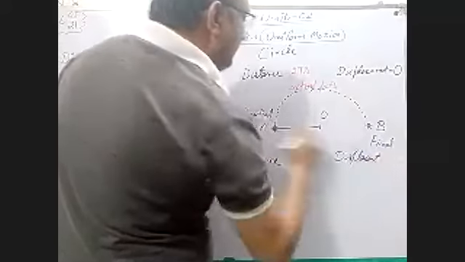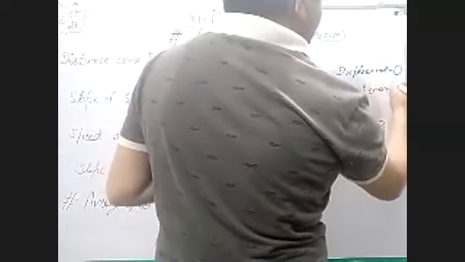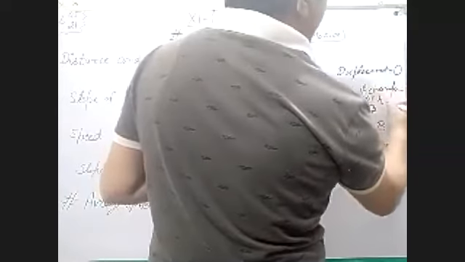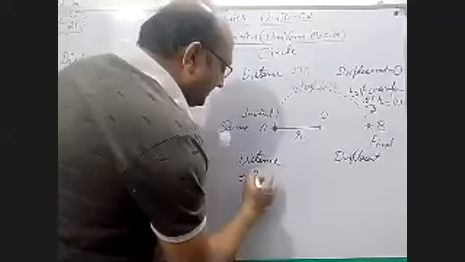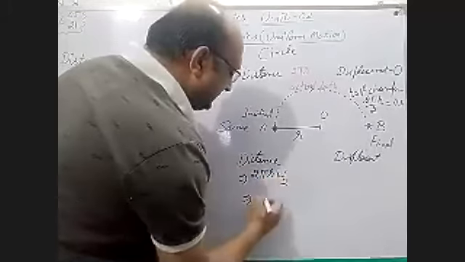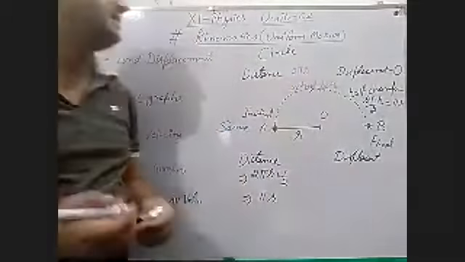We know that this is also the circumference, but not the full circumference of the circle. This is only the half circumference. Now what is half circumference? 2 pi r divided by 2, only pi r. So in this case, our answer is half of 2 pi r. That is, pi r is the actual path in this case. Pi r is the distance in this case.